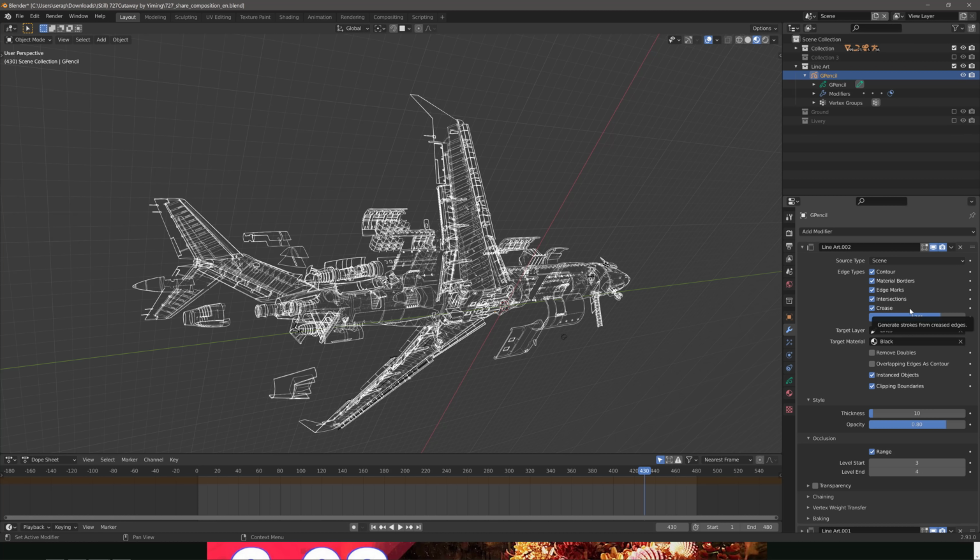You can say, all right, this grease pencil image is going to trace over the underlying geometry. It's going to mark contours, material edges, and so on and so forth. So you can set up how things work. If you've worked with the non-photo, the NPR rendering stuff, the inking stuff, it's very similar, but this is an